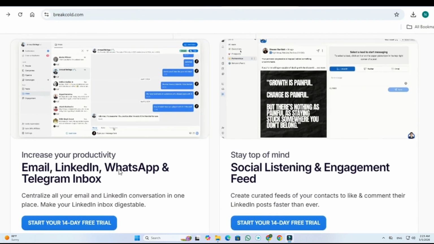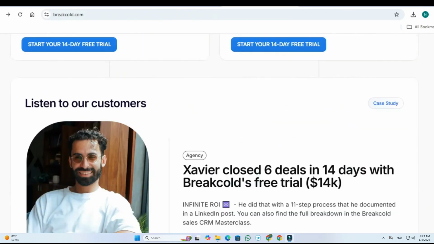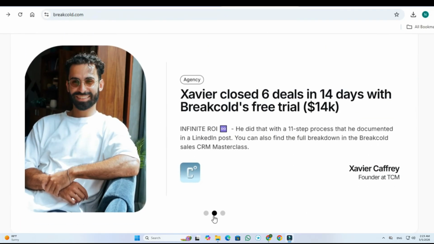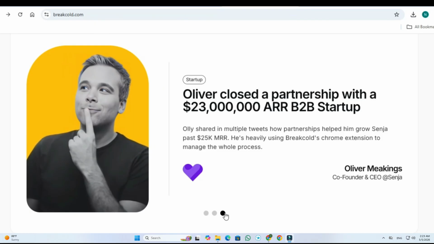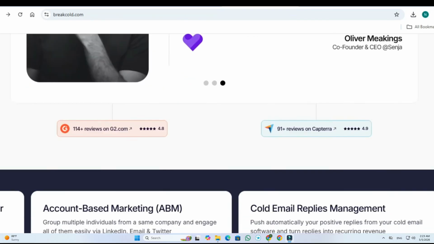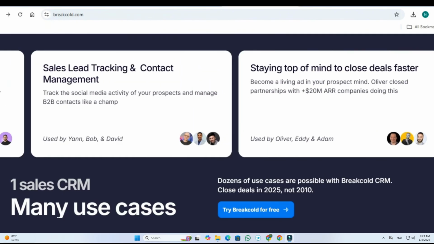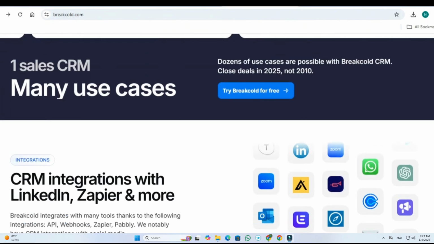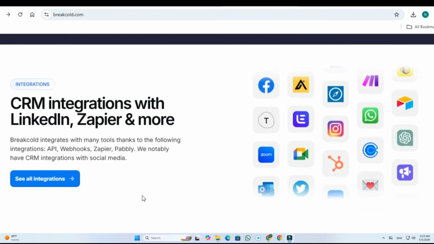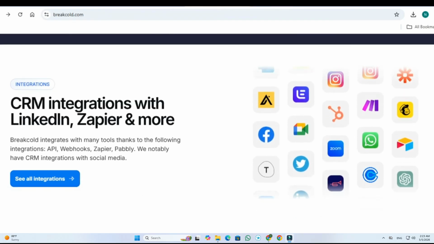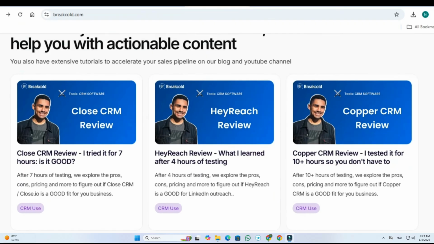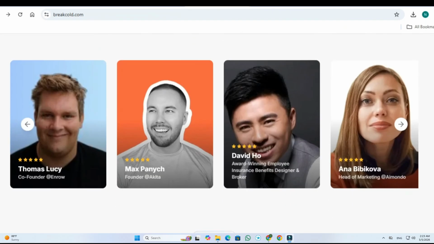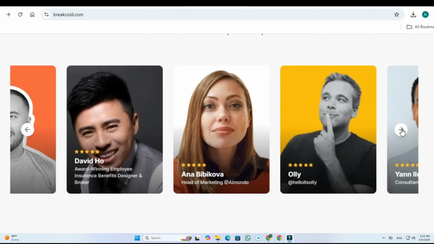Breakcold is ideal for sales teams looking to improve their productivity and organization, as it provides a centralized hub for managing customer data and interactions. One of the key features of Breakcold CRM is its prospecting automation. Sales representatives can easily identify, reach out to, and nurture potential clients with automated workflows and personalized communication. This feature saves time by eliminating manual prospecting tasks while ensuring that no leads fall through the cracks. The CRM's automation tools allow users to set up email sequences, schedule follow-ups, and track engagement, all while keeping communication